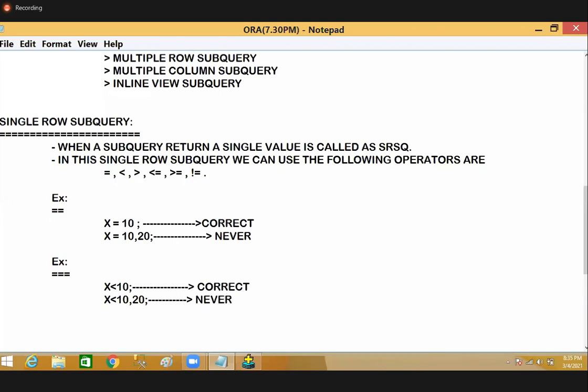Now what you understand here is that the equal operator, less than operator, greater than operator, less than or equal to, greater than or equal to, not equal to, these operators we are using are for comparing single values only. We can't compare with multiple values. So that's why